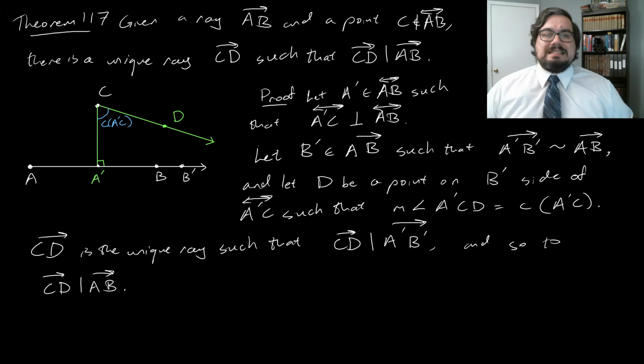Now, Theorem 117 is sort of the hyperbolic geometry analog of the parallel postulate, talking about there being a unique ray that is critically parallel to a given ray with the point C at the vertex. There are some other analogs of well-known results from either Euclidean geometry or general geometry that we can work on as well. So, for instance, Theorem